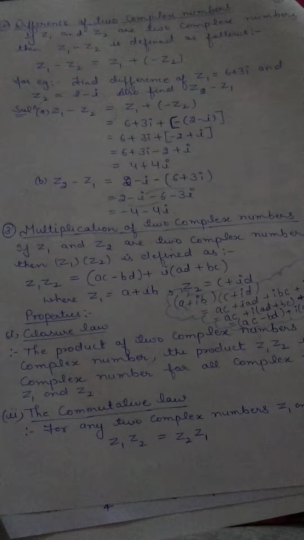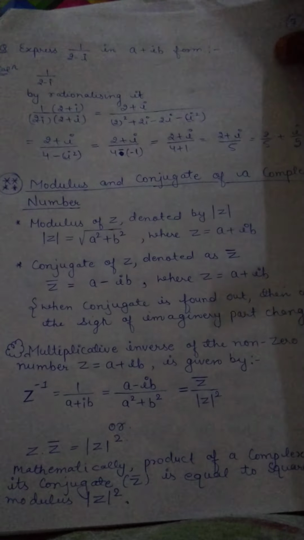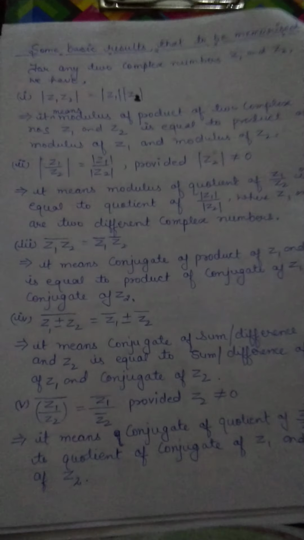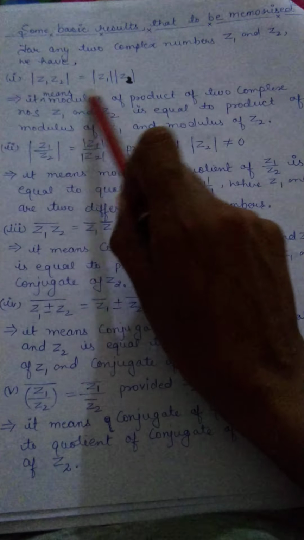a better way. This is again a form of question, this is again a topic of modulus and conjugates of complex numbers. This also you have to read very deeply bache, because if you will not do so, you will find some question which you will not be able to do. Again and again I am saying, each and everything I have told you in this chapter 5 is very important from the exam point of view. Now this was your next page which I have told you. I have provided you the PDF also bache. So you must know what this means.